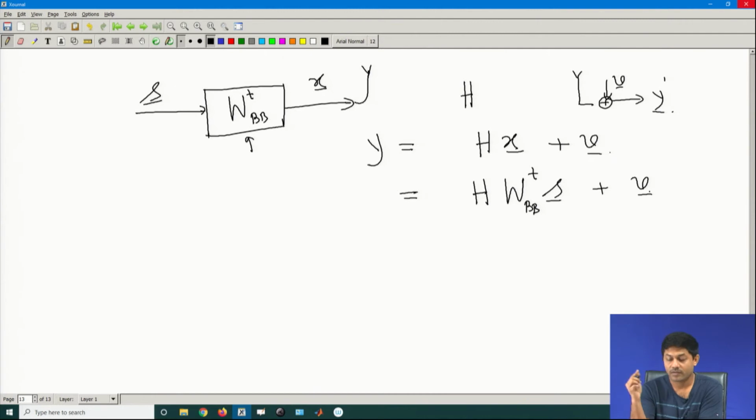It does not solve any problem, because it just transfers the problem from one place to another, because WBB will also be some sort of a matrix. If it is a matrix, what will happen? H into WBBT is also some matrix, right? Let us call it matrix A bar plus B. Does it solve my problem of decoder? No, because I still have to do the inversion at the level of the equalizer, right?